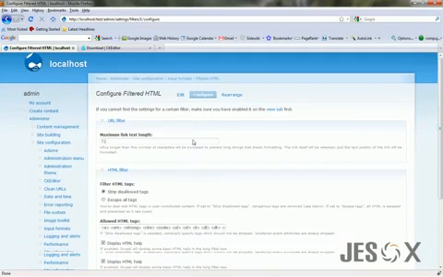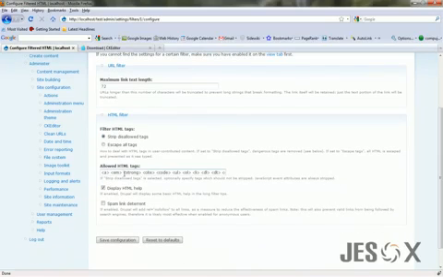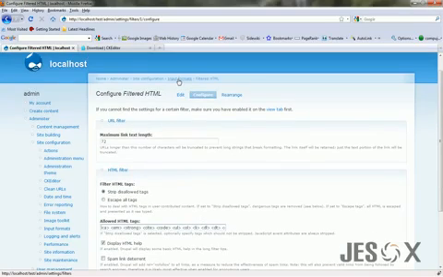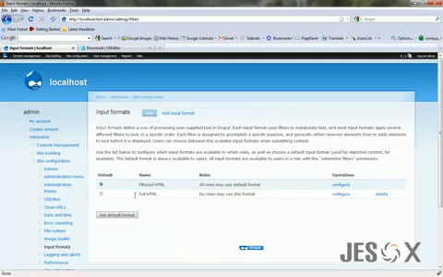configure again, you'll find here the allowed HTML tags, these are some HTML tags that are allowed to be used or to be outputted when using the filtered HTML format. The CKEditor needs more HTML tags than these. So either you insert the HTML tags that are needed by CKEditor inside the allowed HTML tags in the filtered HTML and save, or you could use, which is the method I prefer, you could enable the full HTML